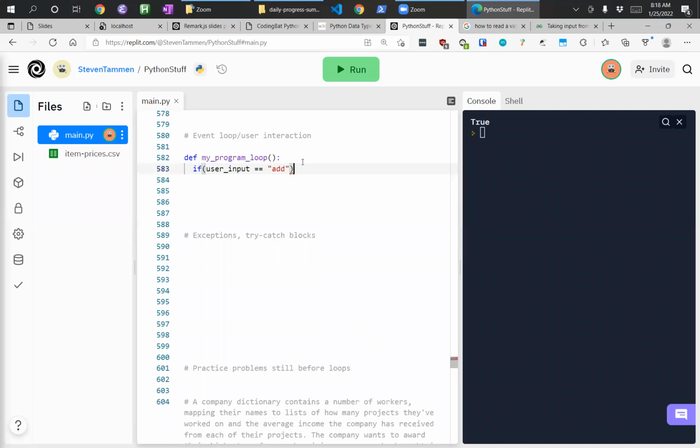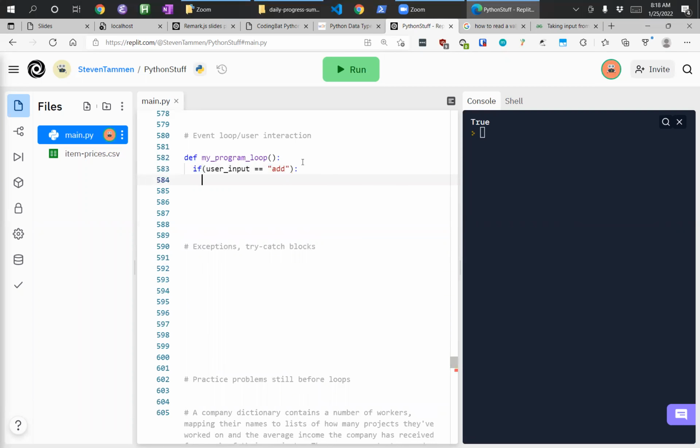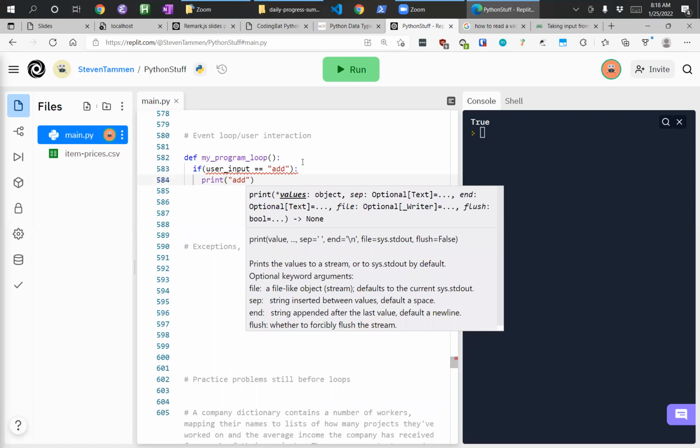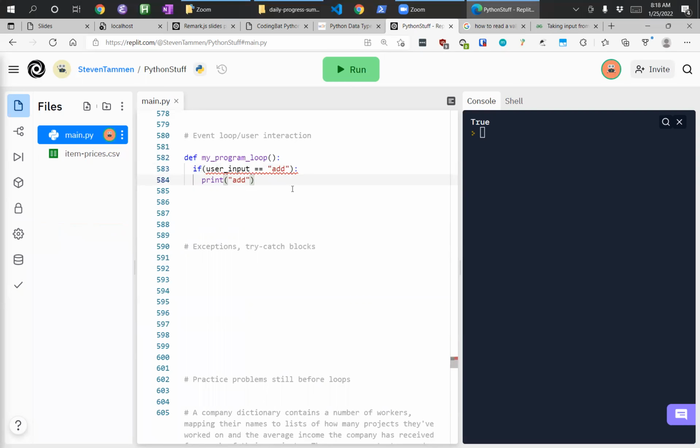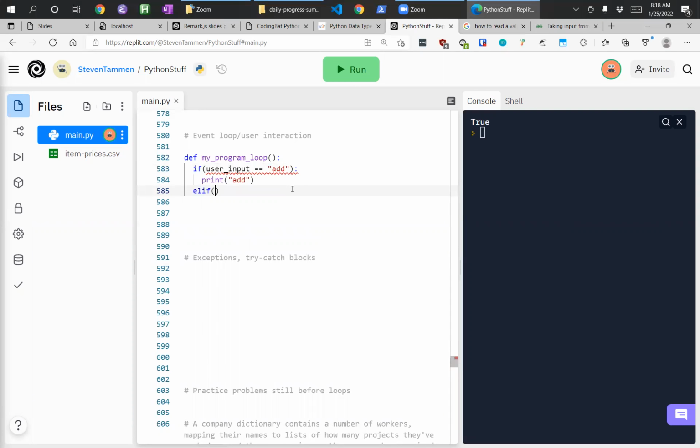The first conditional statement we're going to have is that if the user input is add, now we're just going to print add. And if the user